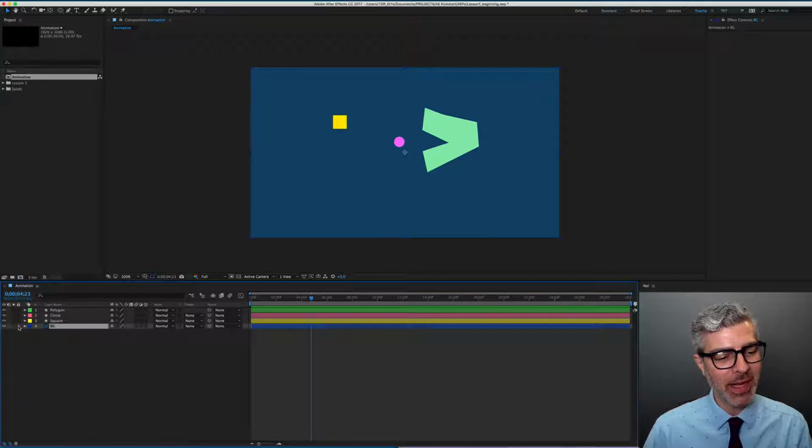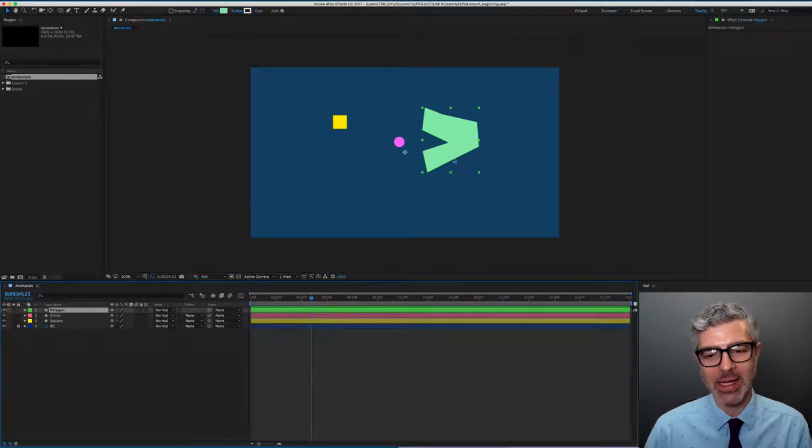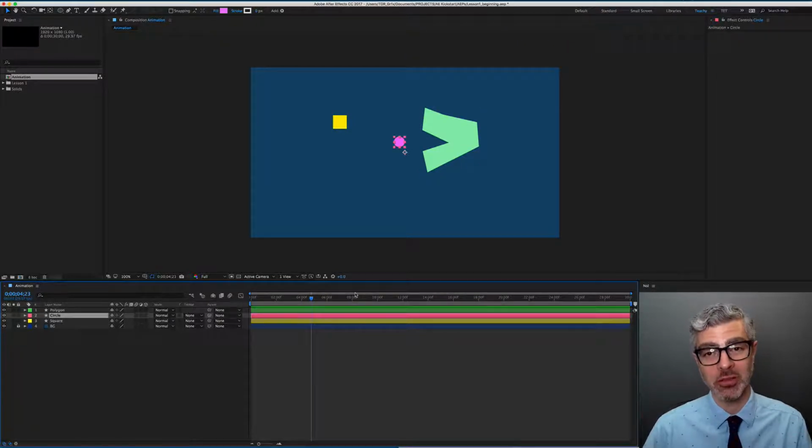So awesome. And I'm going to lock this again. Okay, so now we have these things, and they're just a little bit easier to tell at a glance what they are because the colors correspond. All right. Whatever you can do in After Effects to make it easier for you to comprehend these layers,